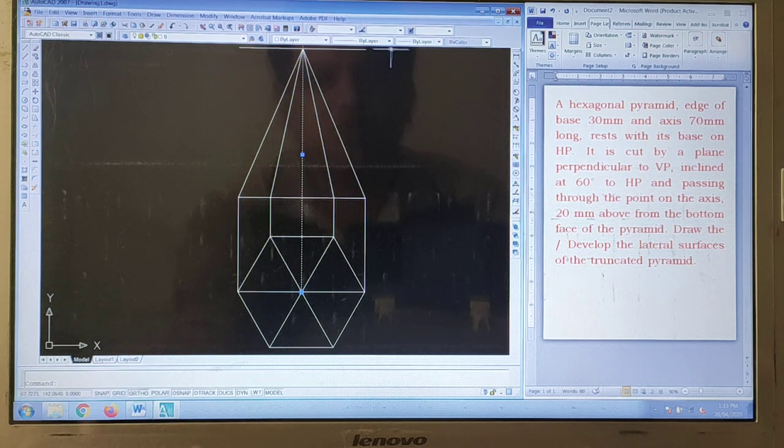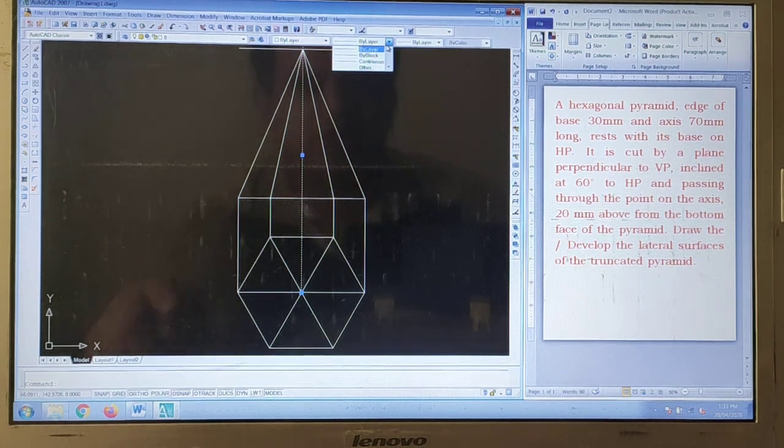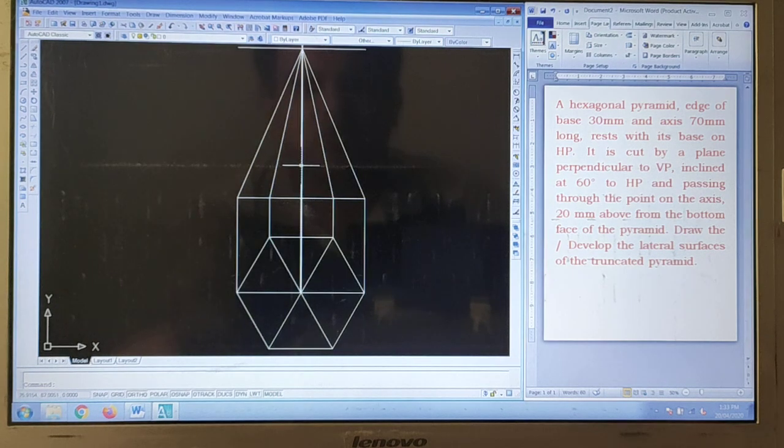Okay, and this is the center line. So we need to convert that particular line into the center line by following this procedure. Load, click over here, then press C, and this center line you will get over there. So let us now convert this to the center line.